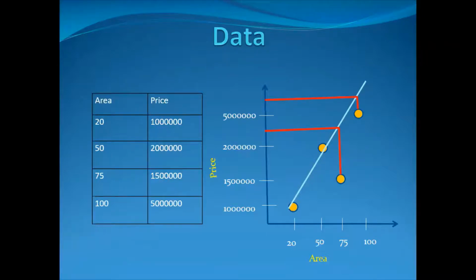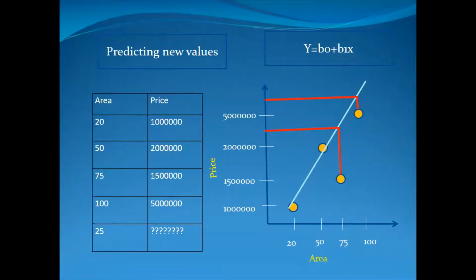So now we have touched upon the linear regression algorithm. We have got a basic idea of it. Let's talk about the equation of the line. The equation of the line is y is equal to b0 plus b1x, where b0 is the constant and b1 is the slope. X is the independent variable and y is the dependent variable, meaning we are going to predict y based on x. So in our case, it will be price is equal to b0 plus b1 into area.